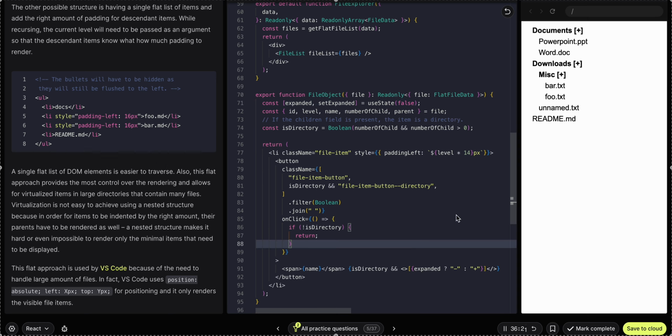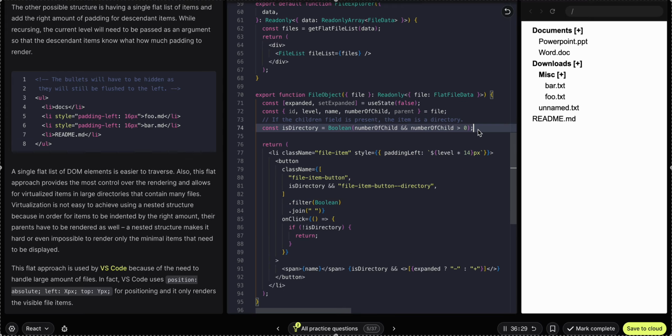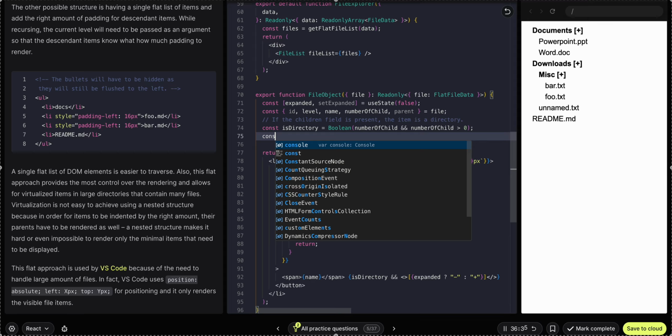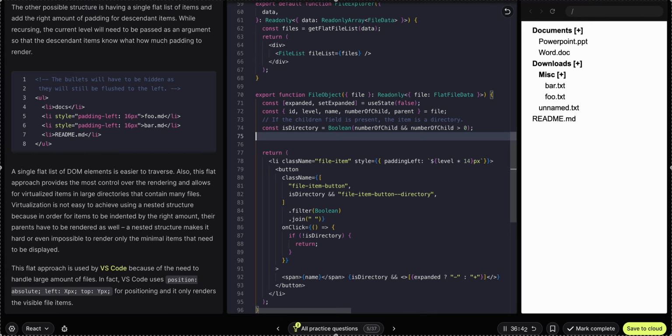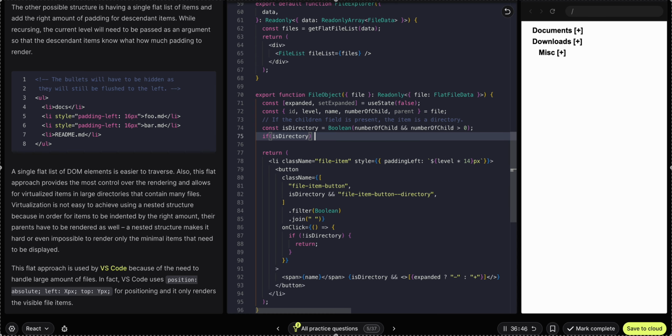So just for these two, what if we have another way to render it? If is directory